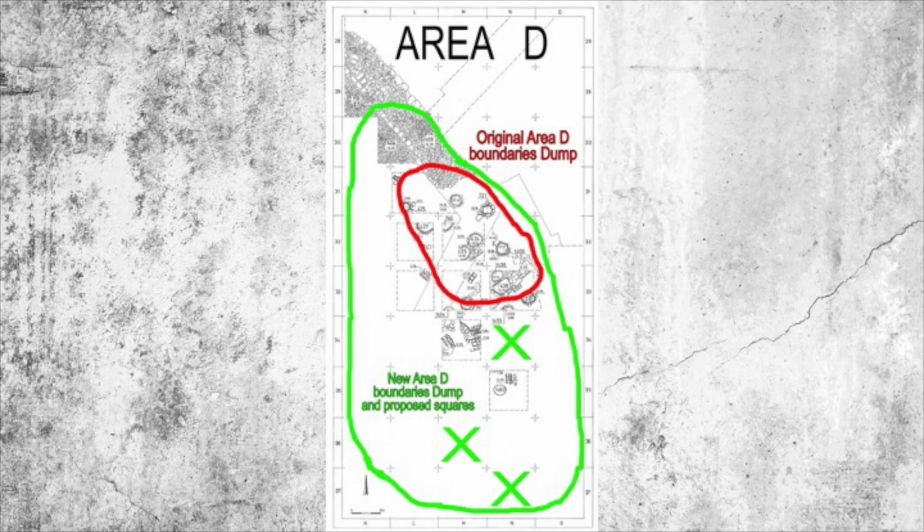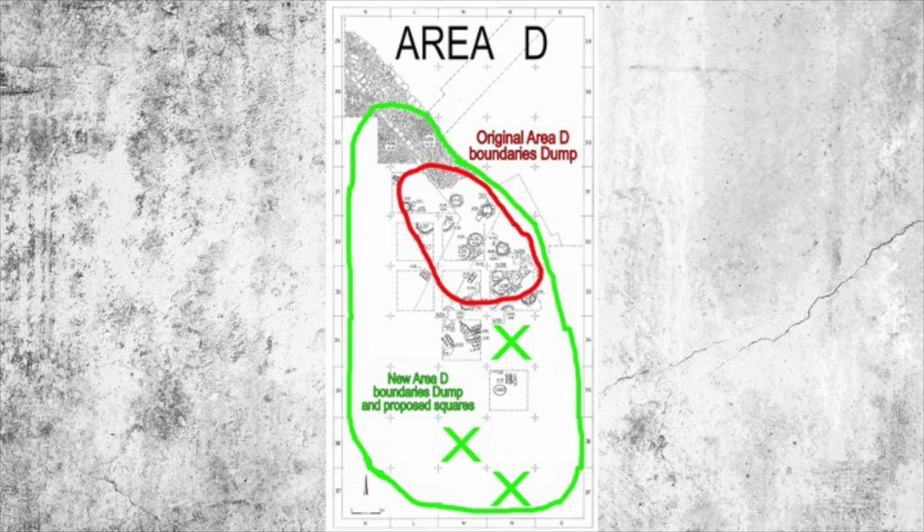You can see this is the original Area D. You can see the previously excavated squares here, with the green X's being the proposed squares for opening. So whether we open a few, or one, two, or three this next season, the plan is to open those. So the red and the green circles here. The red is the favissa that Finkelstein identified. So that was the boundaries that he placed that debris 407 in.